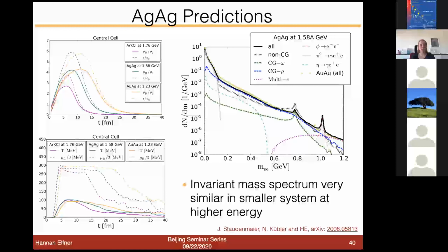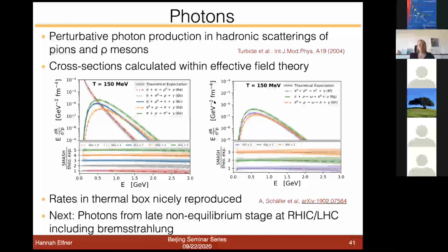Good, then for photons, we have also included photon production from different scattering processes that can produce photons. And we have benchmarked this photon production in a box. So we have implemented all the individual cross sections for 8 channels. And then we have put this system in a box, filled it with photons, and compared it to the thermal rates that were matching the theory that we put in. So this is basically the benchmark here, that these lines are matching well, and this is shown below, that this is working. So we have actually the proper photons produced from these cross sections.